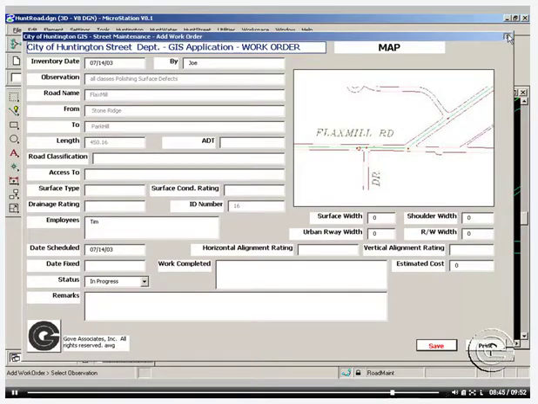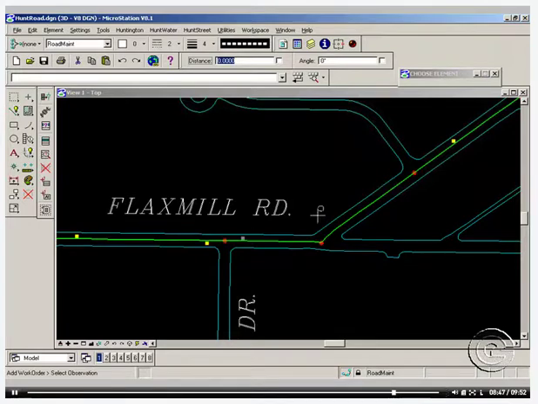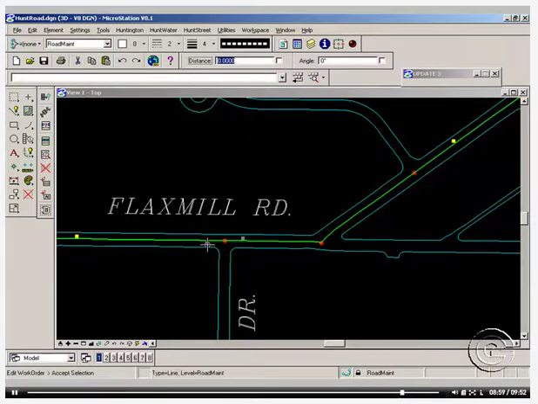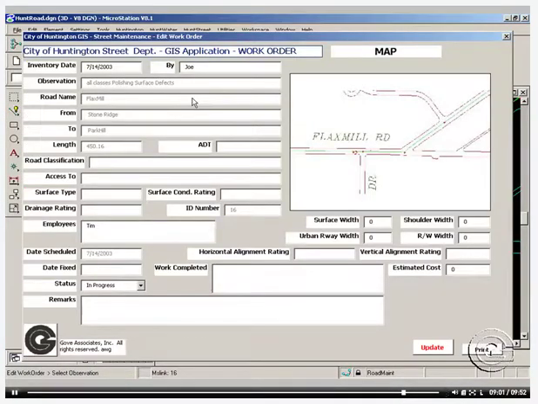You can hit OK, close that, and as we go and create work orders and save them in the database, we need also to have the ability to be able to go back and edit that and add the information that is requested. So let's say edit work order here, go ahead and select that work order, accept it, and as you can see, the same form comes back up, and we can say that this problem was fixed. It was fixed, let's say the same day. You can go ahead and type in that date